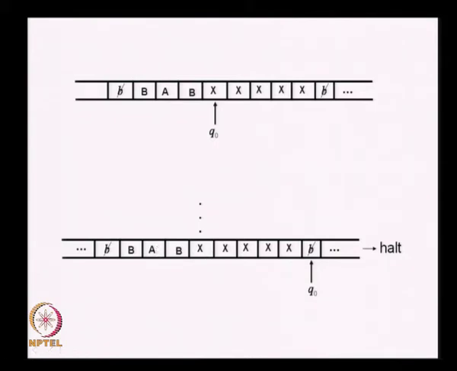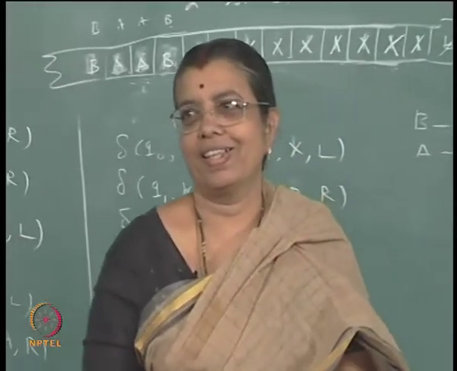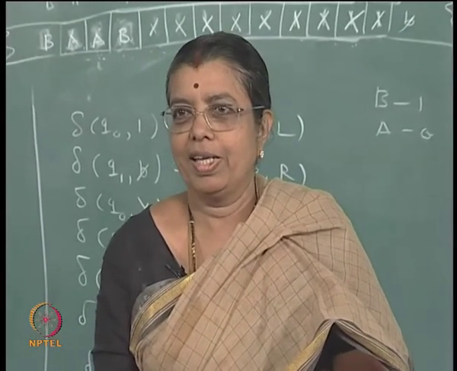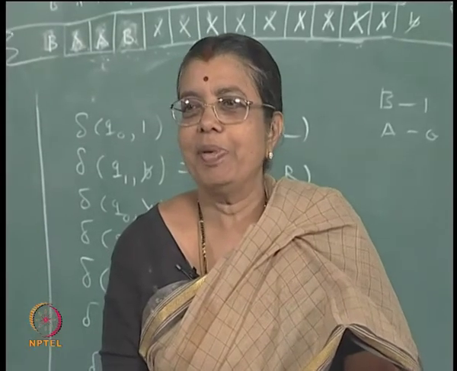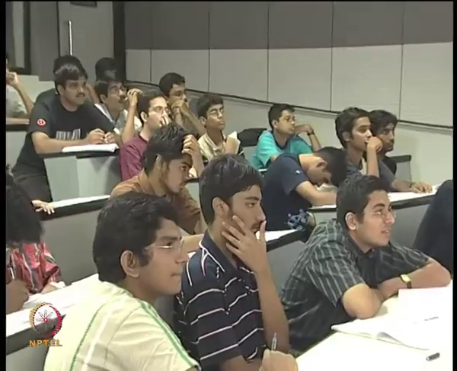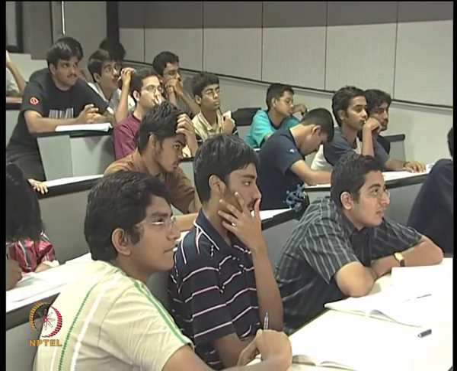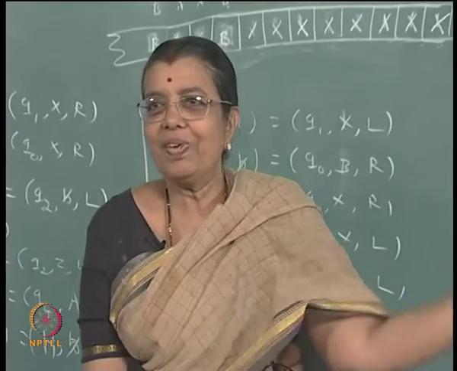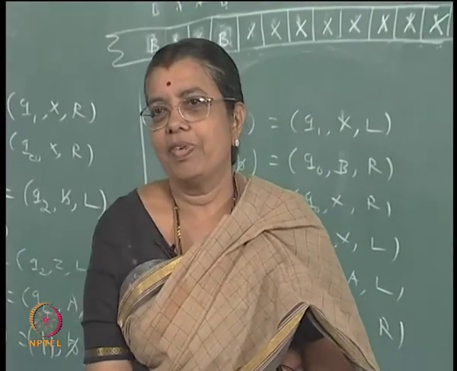Note that in these two examples which converted the unary number to a binary number, the same problem is treated, but you are achieving the result in two different ways. Which is advantageous? Which one is advantageous to use? This one or the earlier one? The earlier one, the number of steps will be less. Even though you use 5 states, the number of passes you make will be less. Here the number of passes, each one you have to move right and so on. So, number of steps will be more here.